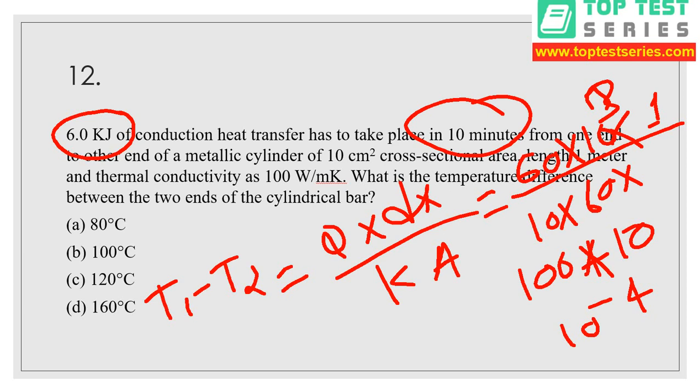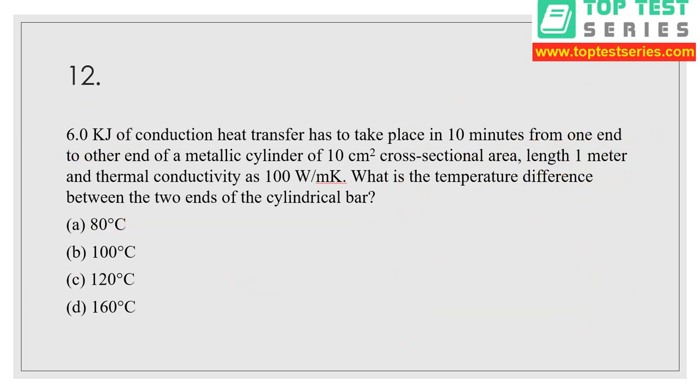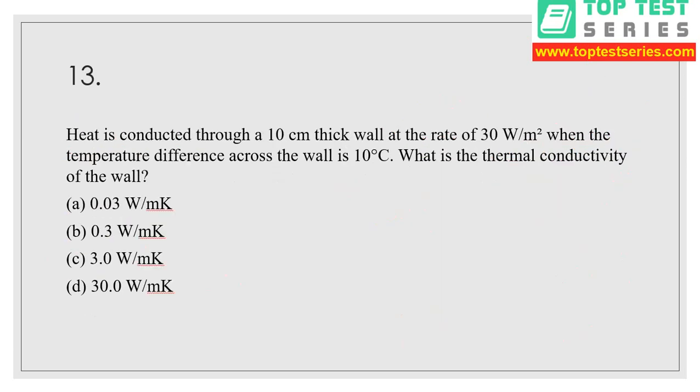60 multiple 1000, right? Let me solve this. You can also try by yourself. Okay, that's great. Mind that this should be not 60, this is 6.0, right? So we are making a mistake there. Therefore what would your answer, my dear? 100 degrees centigrade. All right, so my dear, option B is the correct answer for this question.